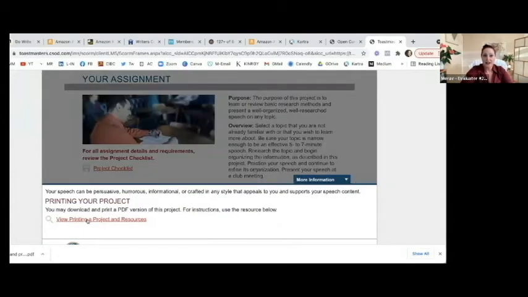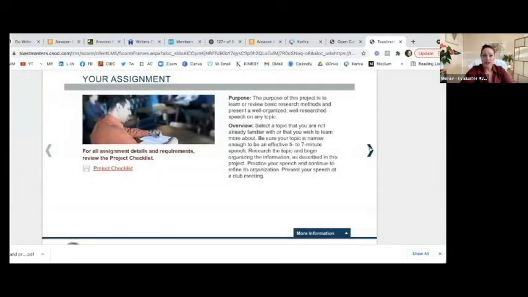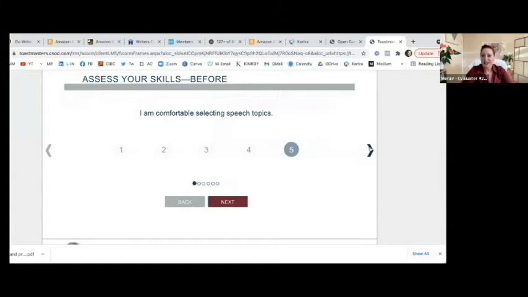I can print my project and resources here, or I can close that. It shows the purpose of the assignment. Now here's the integral part. Every time you submit a project, you must do the before assess your skills. But this is just what you think. No one else sees this. This is for your own purposes. So as you go through it, but you must do this, go all the way to the end